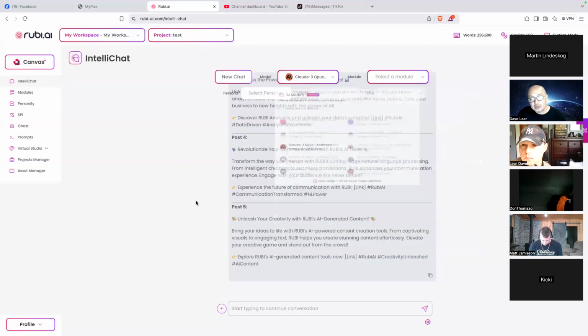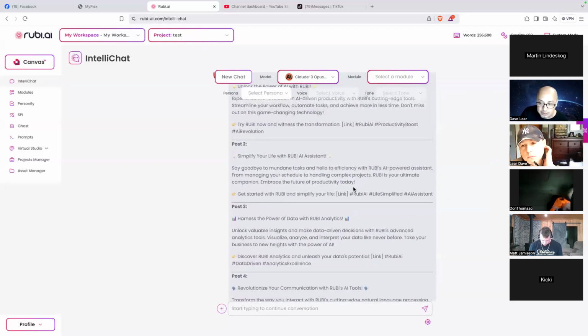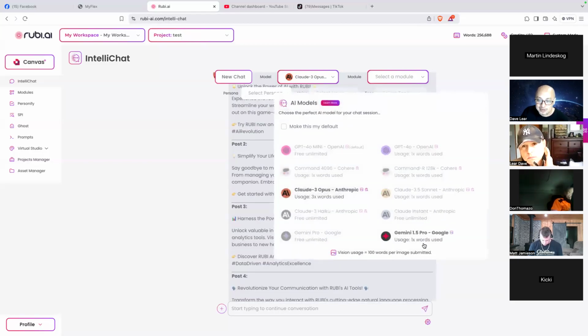So this is really value for money. When I saw this, it's even cheaper than my ChatGemini, because I'm paying $20 for Gemini 1.5 Pro. So for the subscription of 15 you have all this just for the IntelliChat, and this is already value for money.